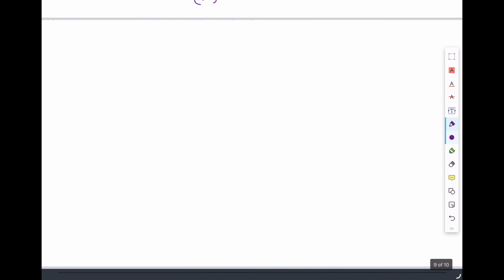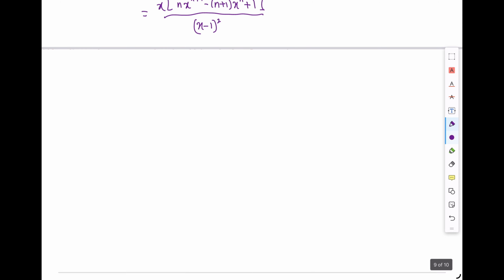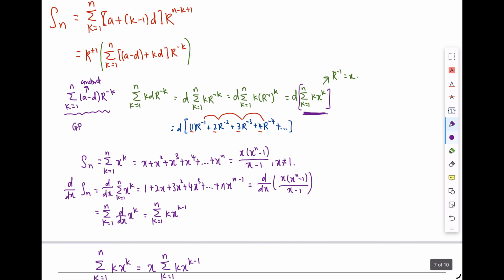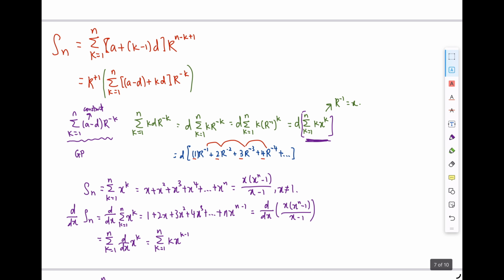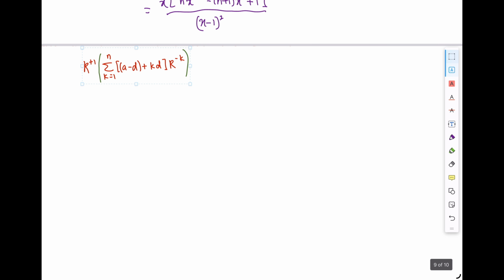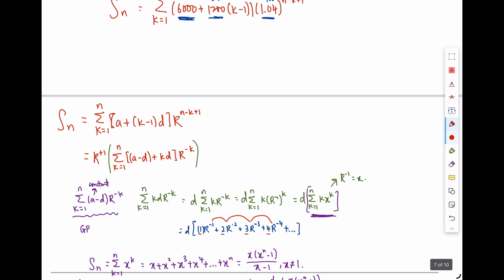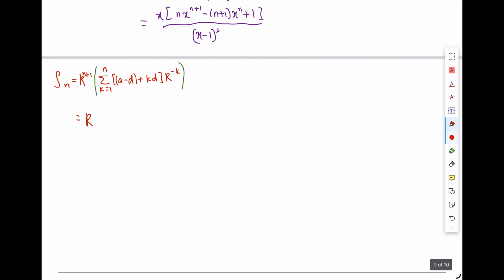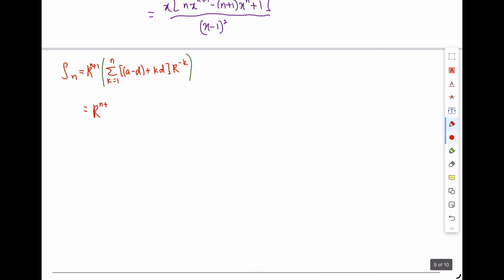I can put everything I have in place. So my original expression that looks this complicated, this is my Sn. It's going to become R, sorry, here is N. So this is N here, R^(n+1), okay? N plus 1